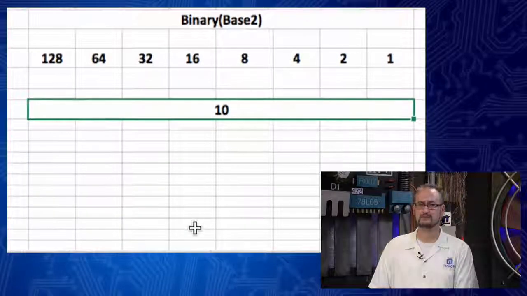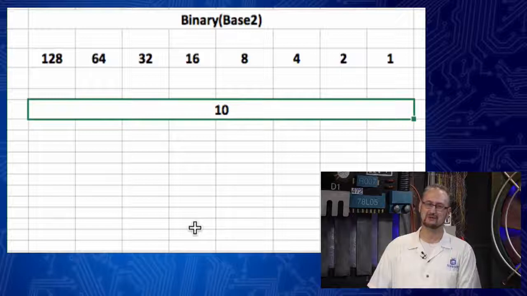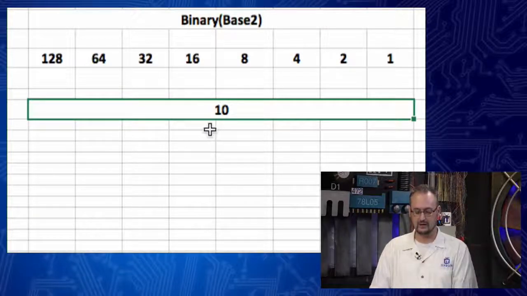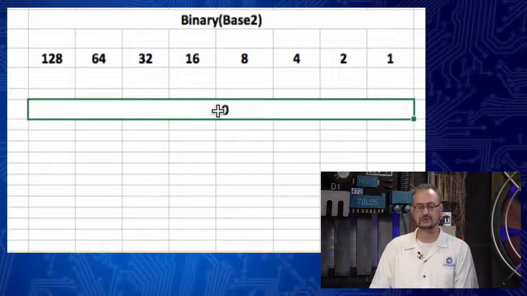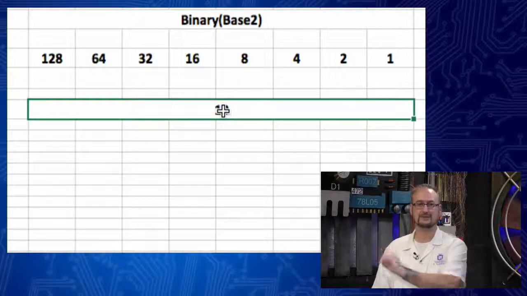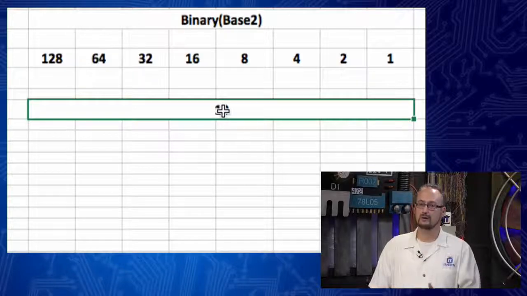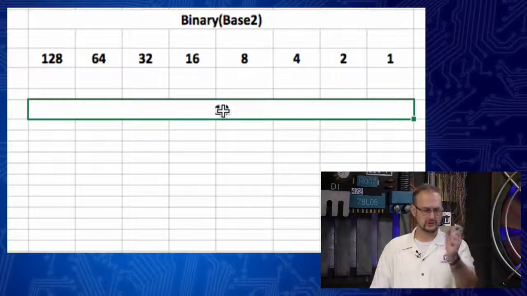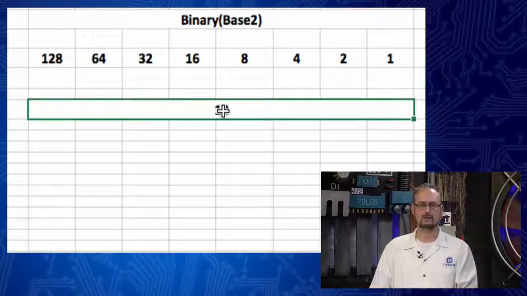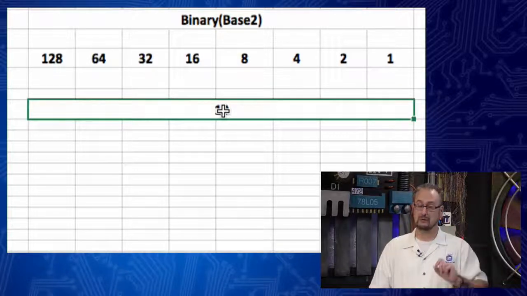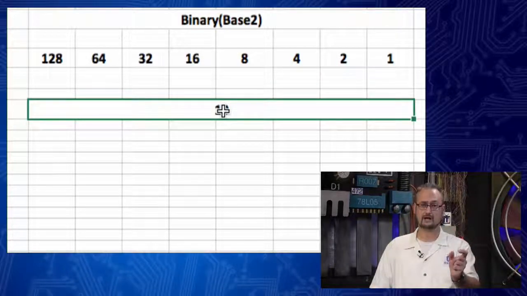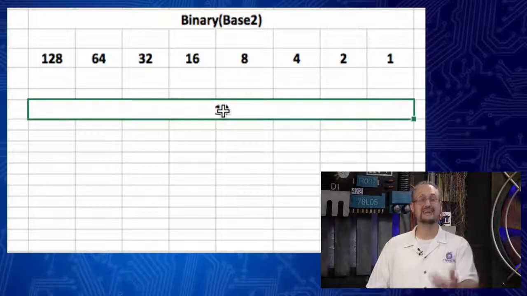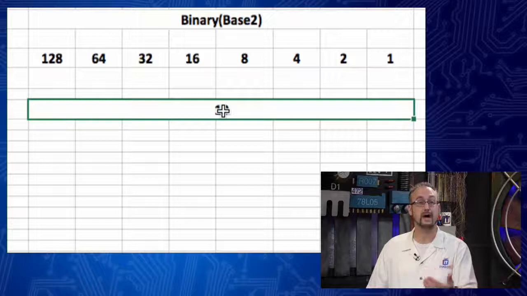And again, if it's the first time you've seen it, nothing seems basic, I understand, so don't take it for granted. Here's how we do it. When you convert a decimal number into binary, you take these place values from left to right and subtract them from that value one at a time. When you can take that decimal number and subtract a place value from it, it becomes a binary 1. If you come to a place value that is greater than the number, you can't subtract it, so it's going to be a binary 0.